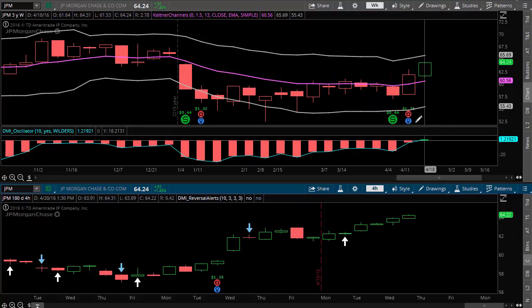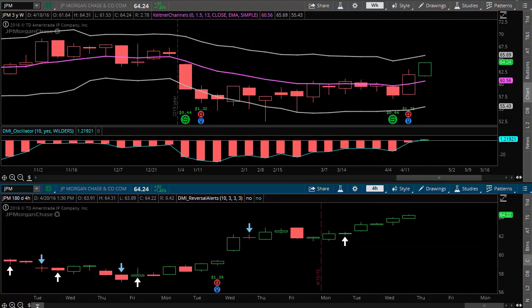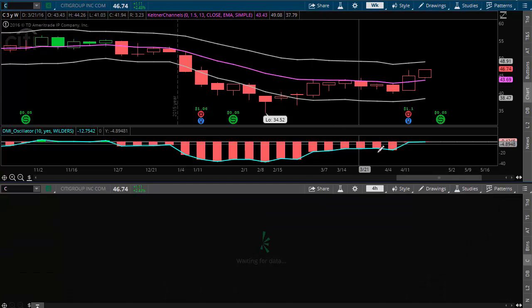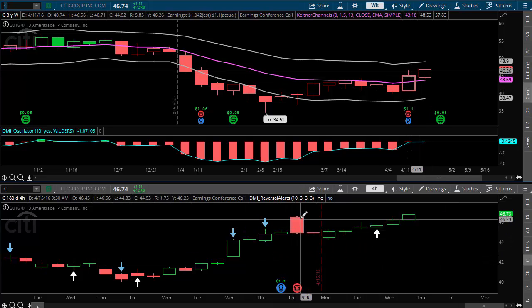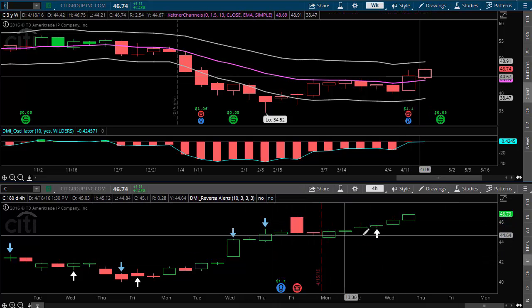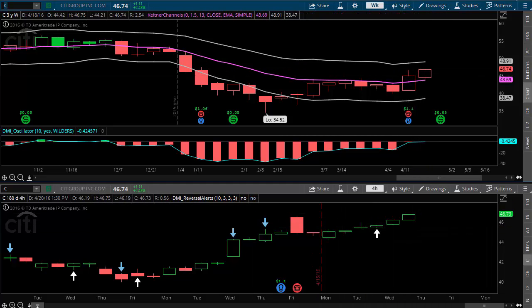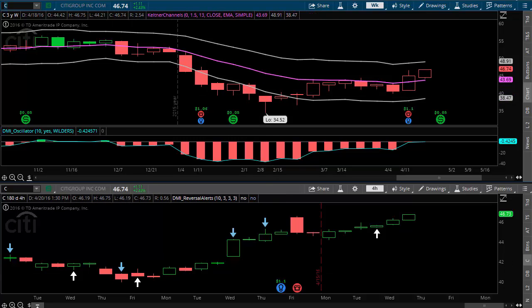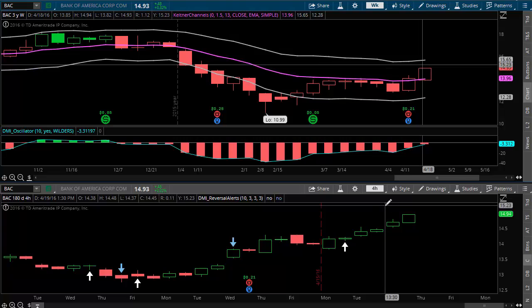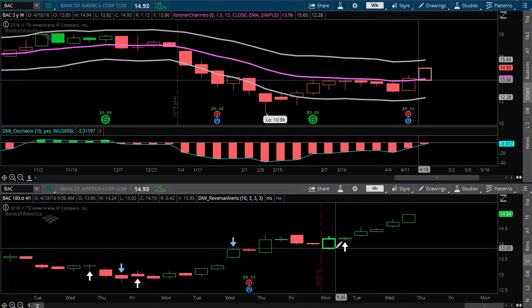So I think this is great for financials. I'm focused on JP Morgan. They had the biggest positive reaction. You could also look at names like Citigroup. They also had a pretty good earnings move, although they had a weird kind of move afterwards, but you could see that it kind of went up as well. So I'm focusing on JP Morgan right now, but you can obviously enter any of those financials. Bank of America is up over 3% today, so that was kind of interesting. So again, buy signal, you take it up, trend is up, smaller time frame,